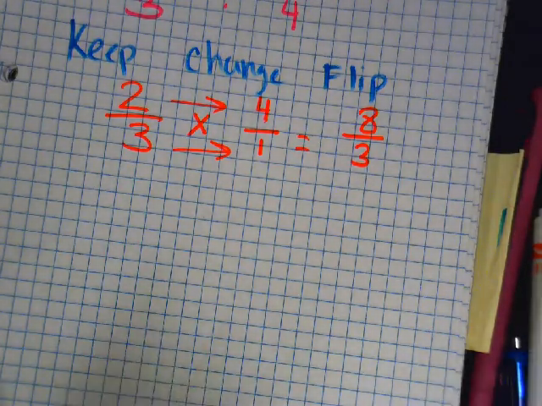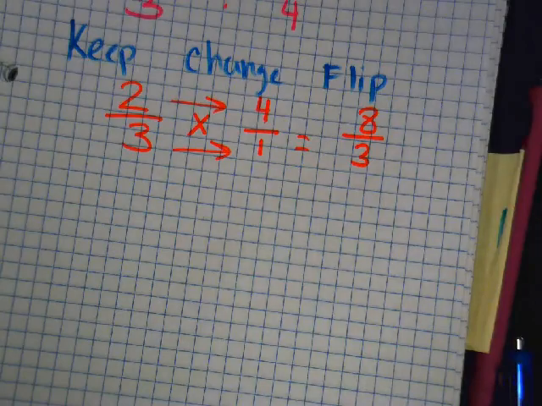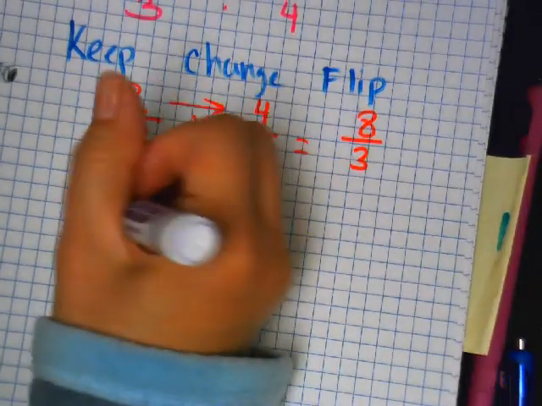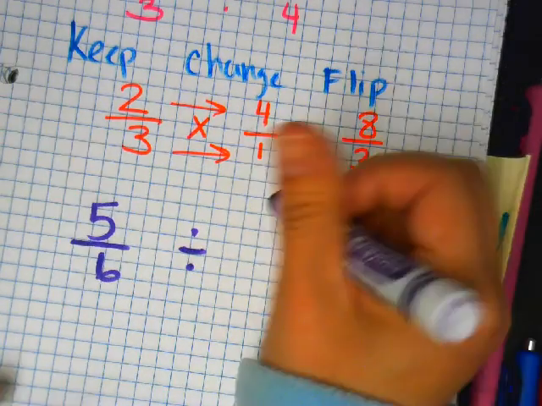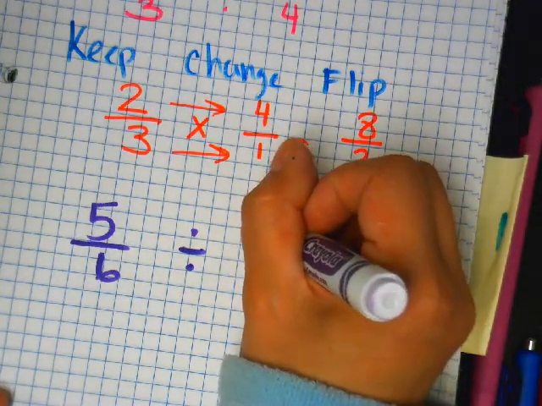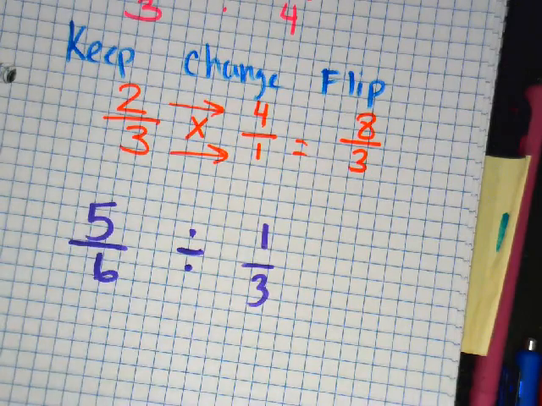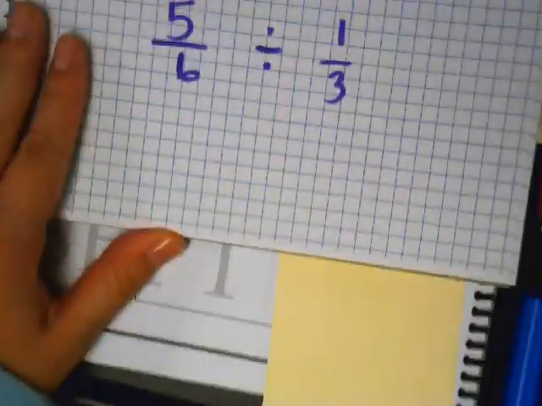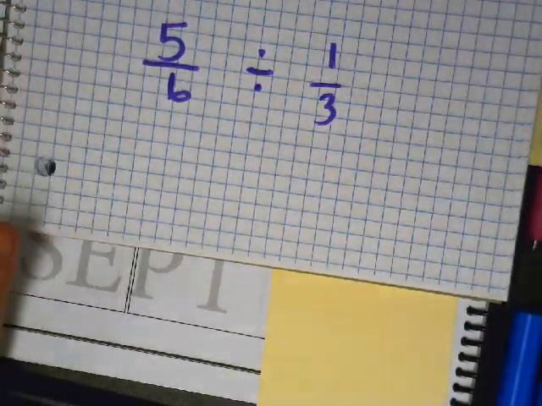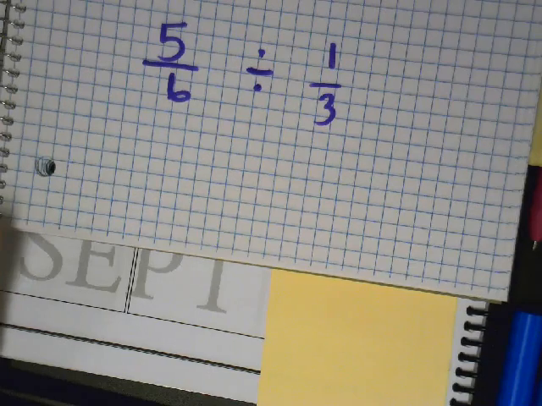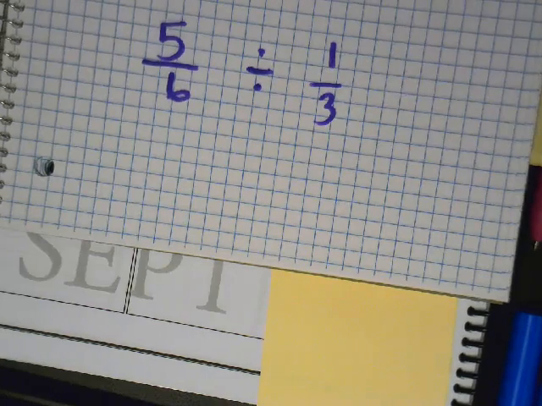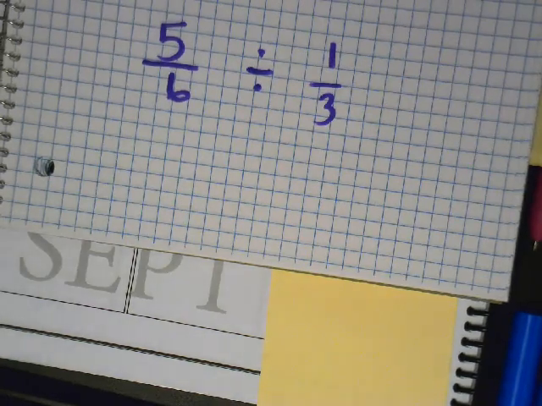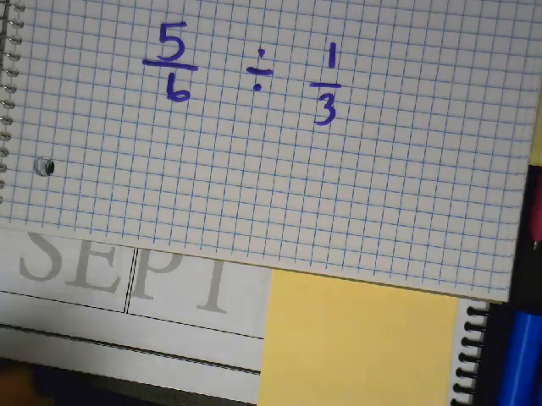All right. Let's say I have 5/6 divided by 1/3. So you are given a division problem, all right? When you see division, you're like, I can't do that. Keep, change, flip. So rewrite it. Keep, change, flip it. Keep, change, flip. So I rewrite it as